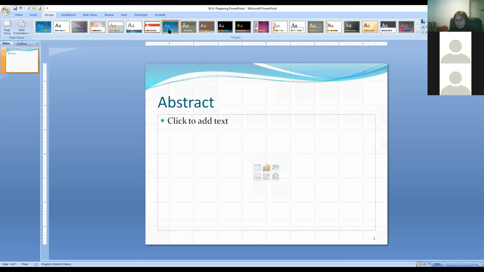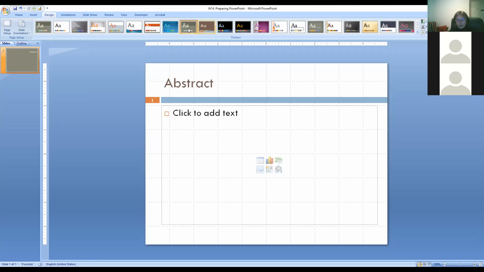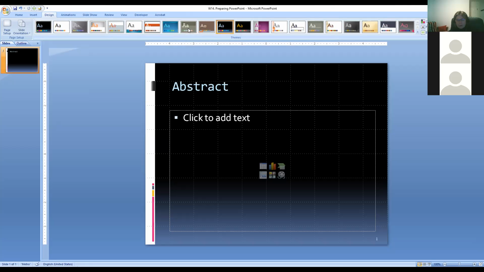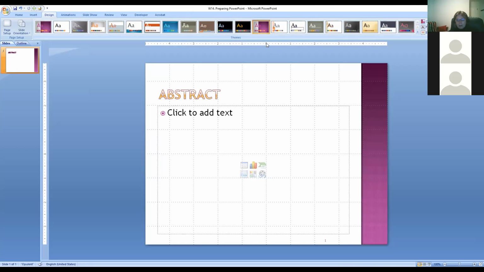Here is the one with the little wavy thingy at the top. Another one with kind of grayish background again. Maybe we should avoid doing backgrounds. Here's the one that I use all the time, just because it's so simple. Black one, yikes. Another black one, but only in the title. Maybe not so bad. Here's the one with the stripe on the right, but then the abstract is kind of interesting, and so on.